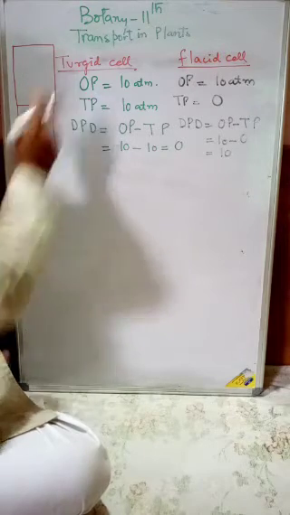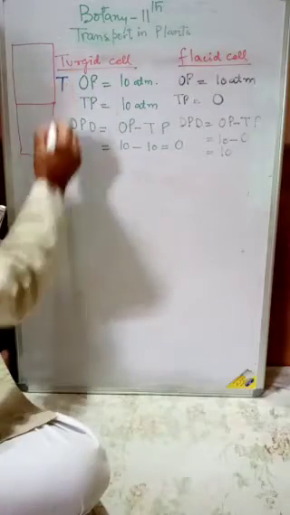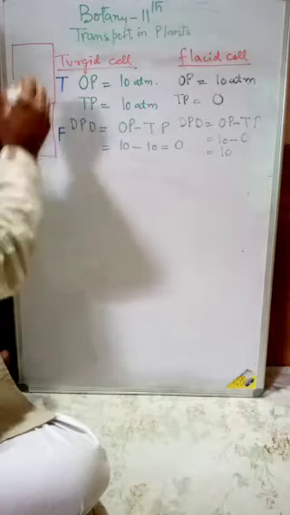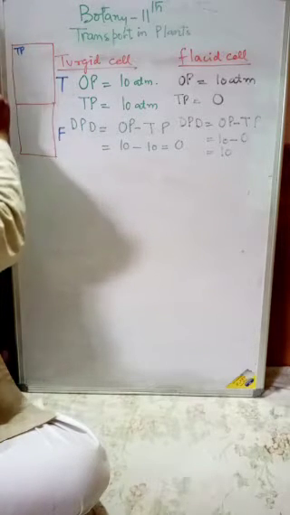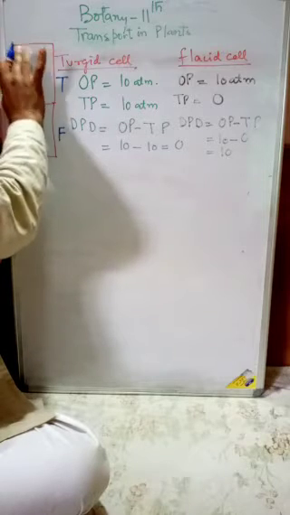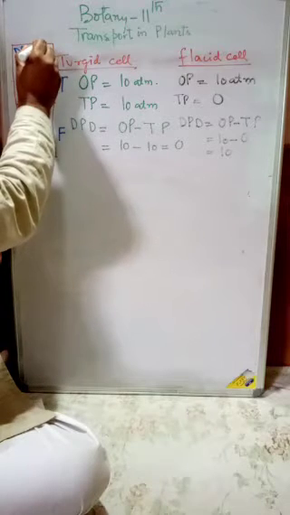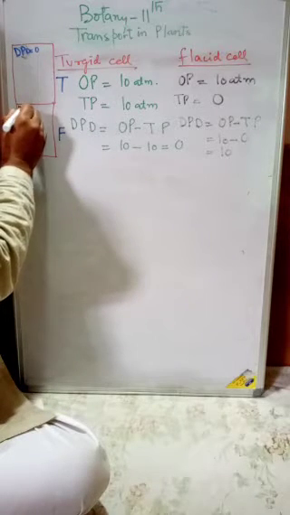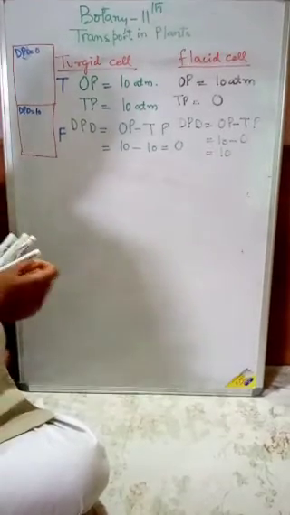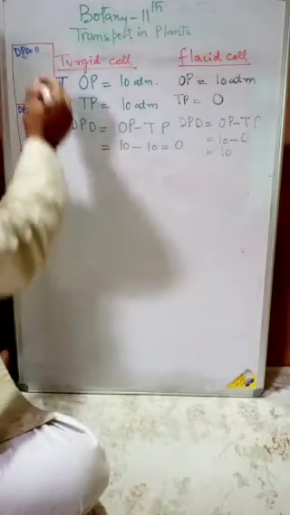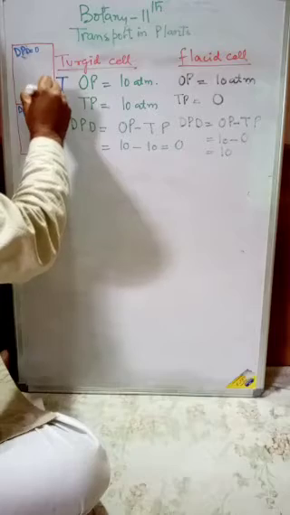This is the turgid cell. I may write this with L. This is the turgid cell, this is the flaccid cell. Now, if we look at the turgor pressure, that is, or if we look at the DPD, that is equal to 0, and if we look at this one's DPD, it is equal to 10. Now we will see that water will move from lower diffusion pressure deficit to this